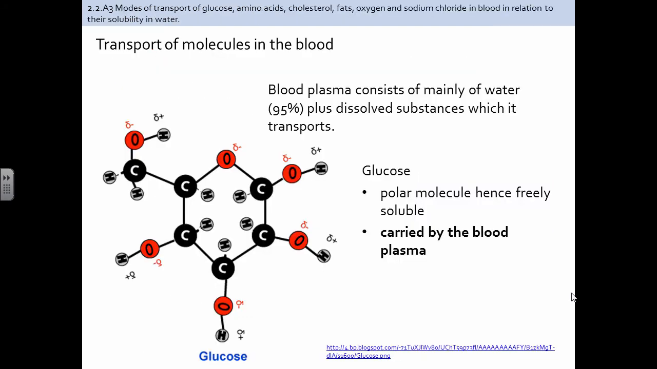One of the things that you have to understand as a part of the IB curriculum is how molecules are transported in the blood, because water does make up the bulk of your plasma. Because water makes up so much of your plasma, it's important to understand how certain molecules are transported by the blood, because these molecules will be dissolved in that water. So for example, glucose, which is a super important solute that your blood plasma transports around your body, is a polar molecule, so it's freely soluble in the water in the plasma, so it's very easily carried by the